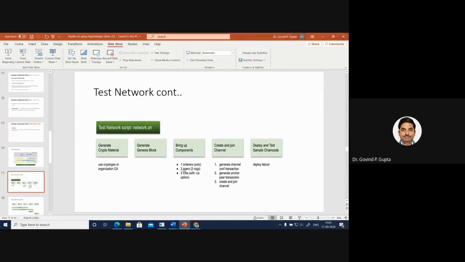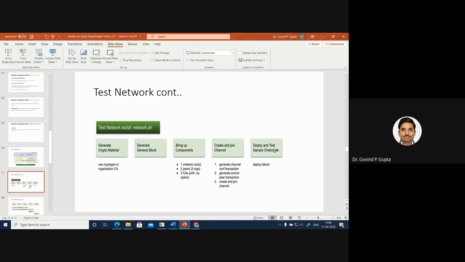The two peers are created for the two different organizations. Certificate authority is created. Then after that you have to activate the channel. So create the channel and join the channel. In this, the channel is created, and the channel is joined by both ends of the peers. And then the last step is how to deploy the chain code. So after creation of the channel, the last part is deploying the chain code to the peers, and then execute.